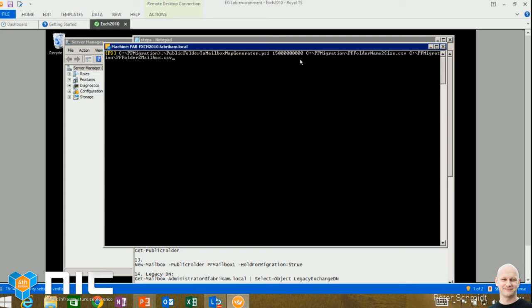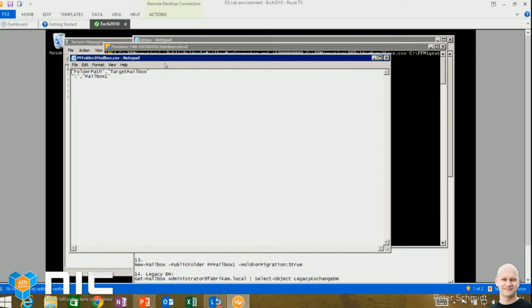In this case, it's 15 gigabytes. And we want to create a new CSV file based on the input we had earlier, the size file, and the output of this will be a public folder to mailbox CSV file. So let's run this and afterwards have a look at how it maps up the